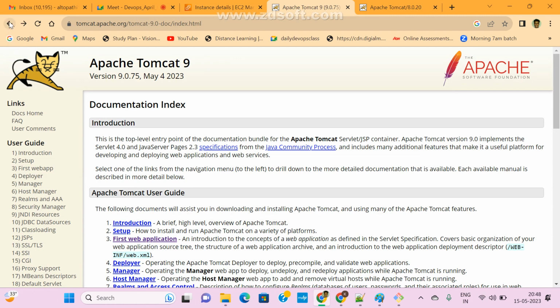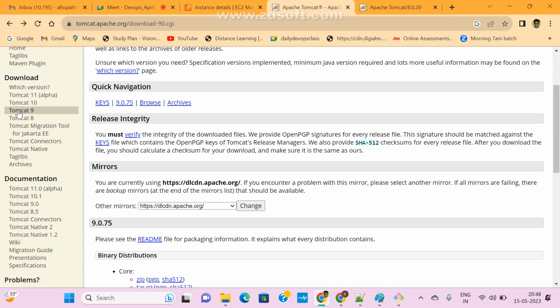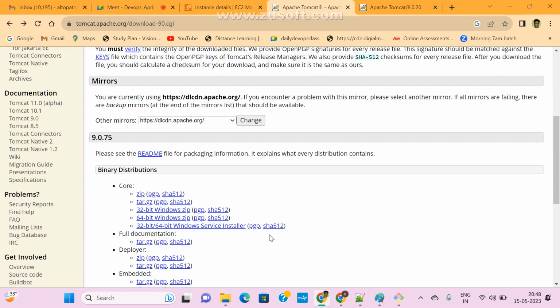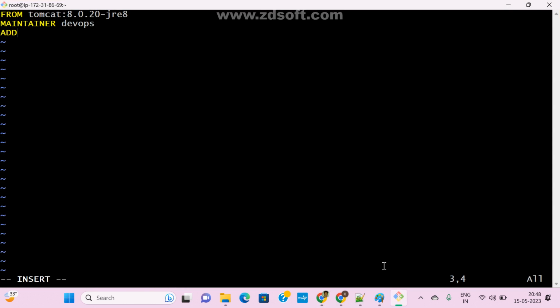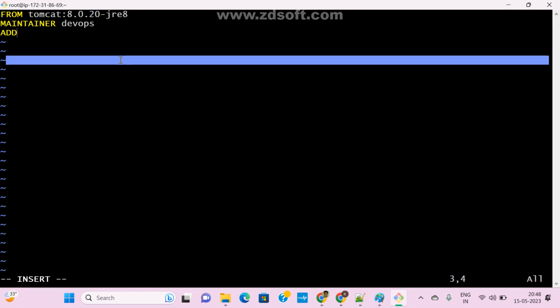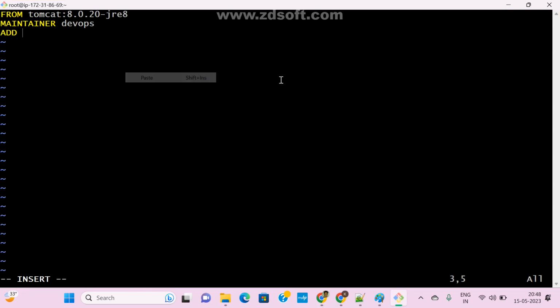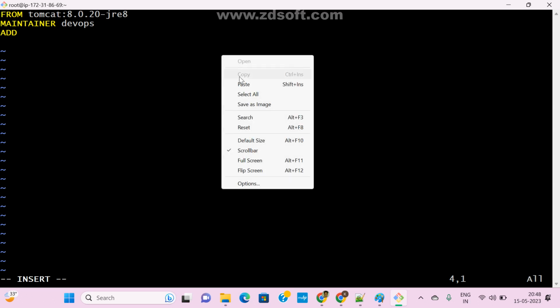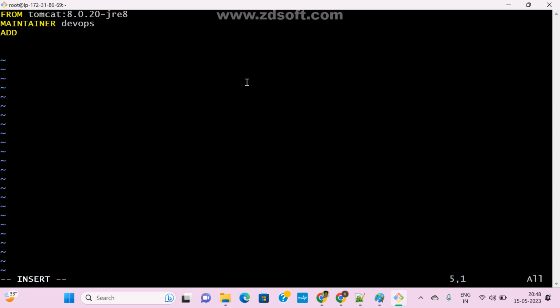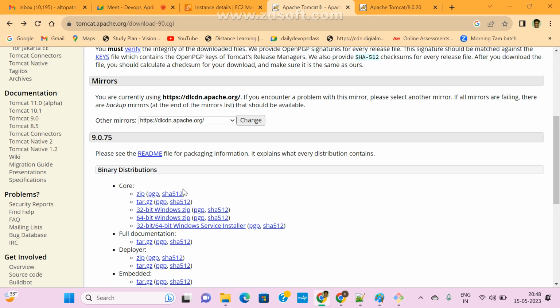Coming to here, go to download directory, go to download Tomcat 9, and this is the tar file, right? Right click and copy this link, and coming to your Dockerfile just paste it. That is not copied.